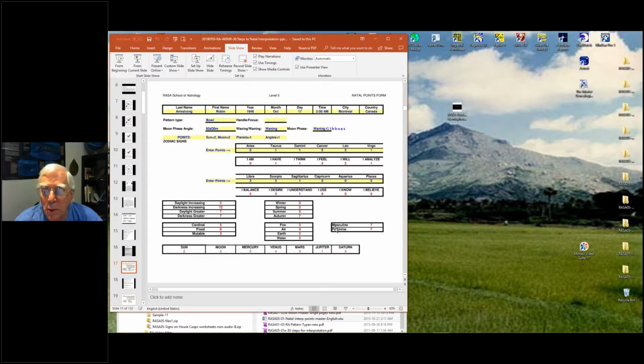Then with the rulerships, 2 Sun rulerships, 2 Moon, 2 Mercury, 4 Venus, 3 Mars, 1 Jupiter, 0 Saturn. So Saturn rules nothing. Jupiter rules 1 planet. Mars rules 3. I want to do it. Venus rules 4. I got to have it. I want it. I got to do it. I see it. I got to make it happen. I got the vision. I got to make it. So the Venus and the Mars,